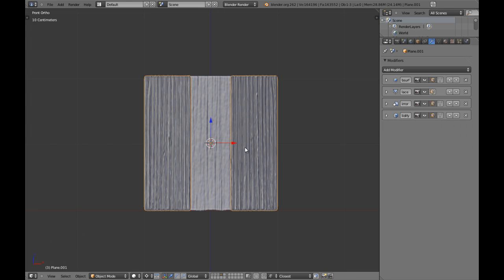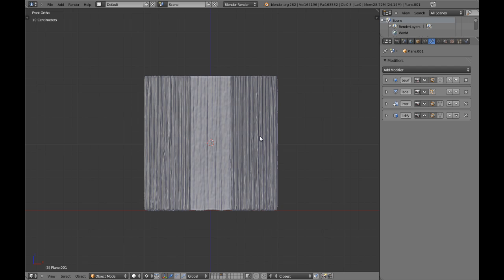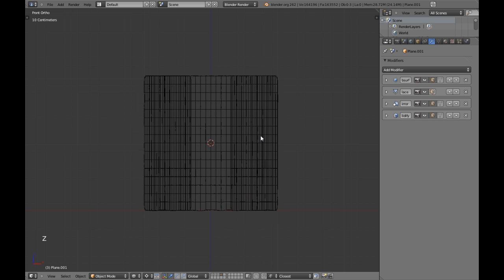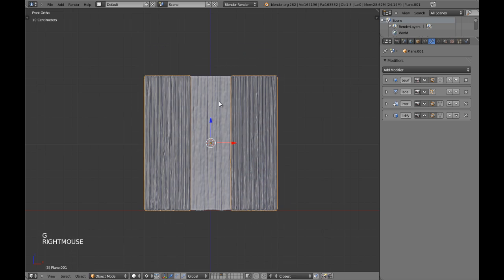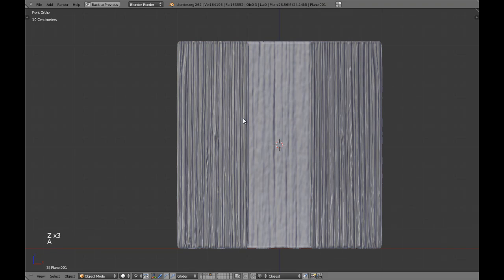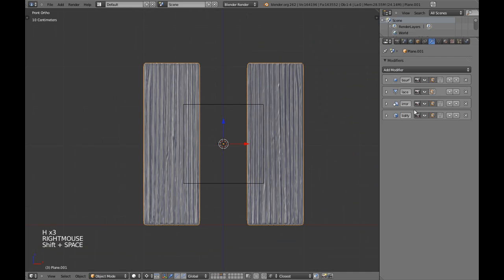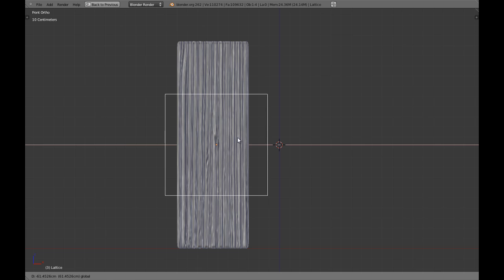Now something really important we're going to be creating is we're going to add a lattice, and with a lattice we're going to change the way this is looking like right now. We're going to get a shape that we already know how it will be. So I'm going to add the lattice. I'm going to hide this with this, and I'm going to quit mirror for a while. I don't want to see it. We'll be moving